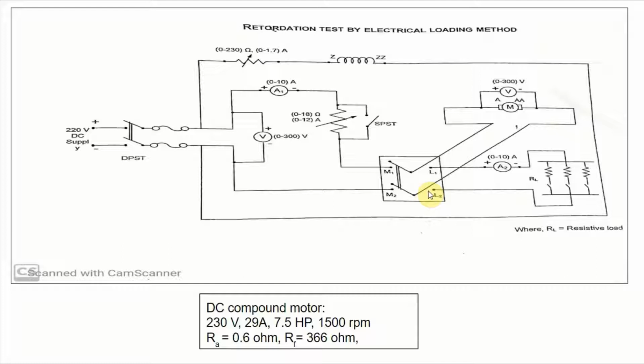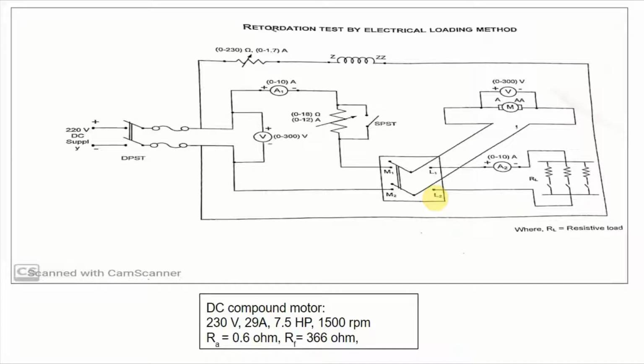Now this load is a purely resistive circuit. This load will act as a certain retarding torque to the armature. This facilitates the slow down operation of the armature. So now again we note down the time taken for the armature voltage to go from a certain initial to final value.